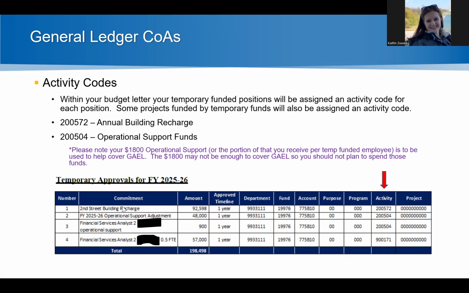So here are the commitments: Second Street building recharge, operational support adjustment, and then just going over those activity codes that are different based on